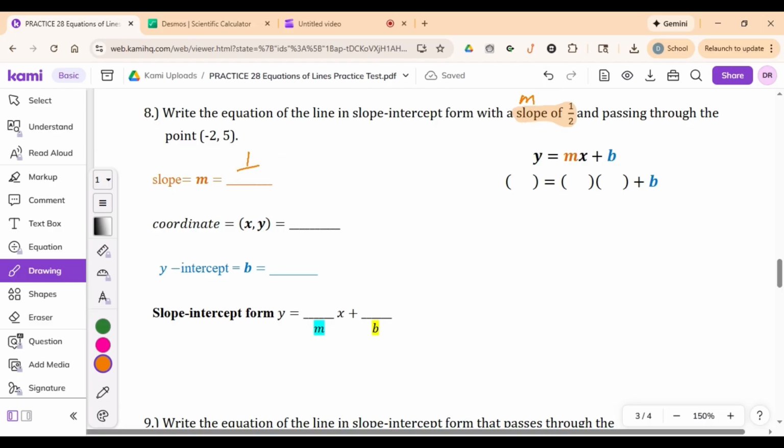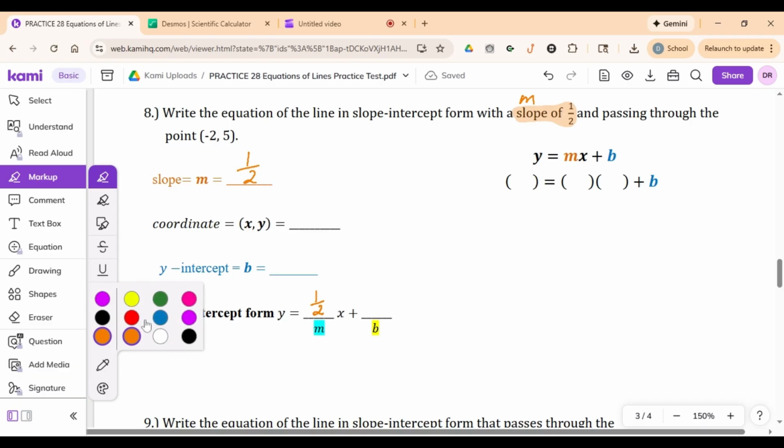Okay, so from there, we still need the y-intercept because that slope of 1 over 2, that's what goes in the first spot in our equation. It's our coefficient with x. So we have y equals 1/2 x. What we don't know yet is what goes at the end of our equation. So with that, what we're going to do is keep reading here, and it says that our line passes through